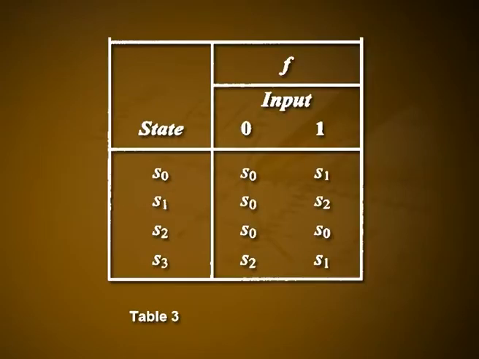We will move on to one example. Construct the state diagram for the finite state automaton M equal to (S, I, f, S0, F), where S is the set {S0, S1, S2, S3}, I is the set {0, 1}, F is the set {S0, S3}, and the transition function f is given in Table 3. You can see in Table 3, for the different states S0, S1, S2 and S3, the corresponding function values. The input values corresponding to 0 and 1 give the states S0 and S1 for S0, etc.